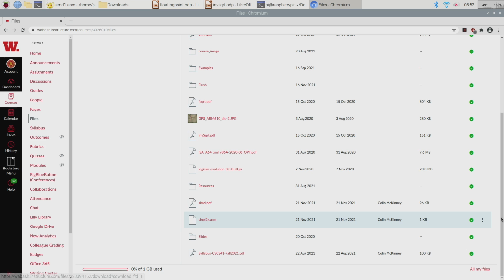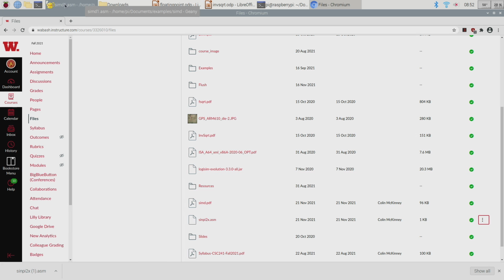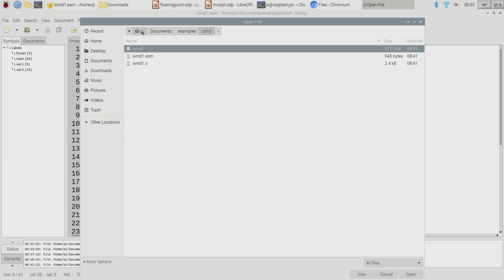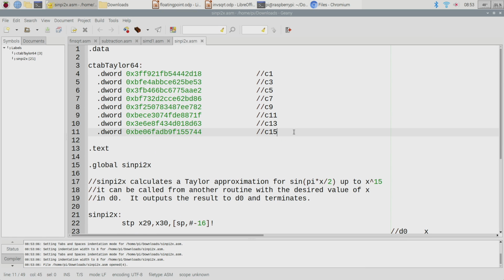My example is in the files section. It's called sine of pi2x.asm. So let me download that and let's take a look at it. Oh, I already had a copy of it. All right, so two differences here. One, I'm going to do this one in 64-bit as opposed to 32-bit. Similar idea, okay? And then I happen to have a much bigger